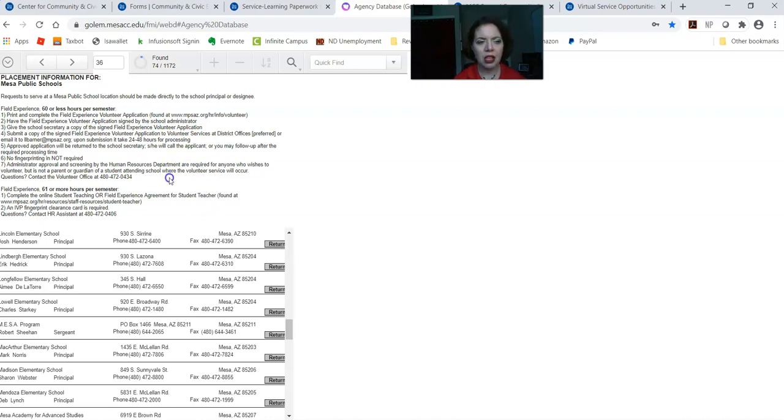So really important that you look for your school. As you see, it actually opened up to the 36th school. So you can scroll back to get up to the very first if you didn't see it. And there's also this toolbar here. I use this toolbar in my toolbars tab, or I could scroll up here, because mine just happened to open up down below. So again, really important, you should not need a fingerprint clearance card if you're doing 60 hours or less,